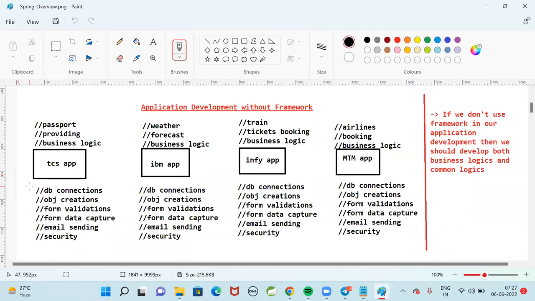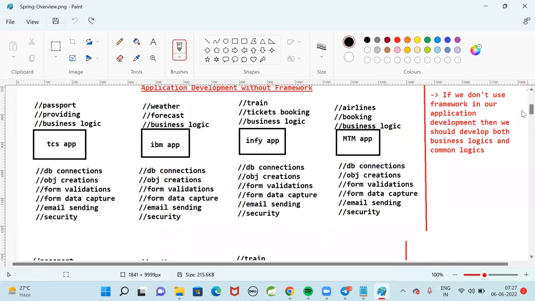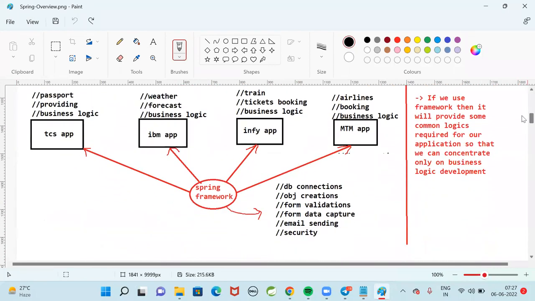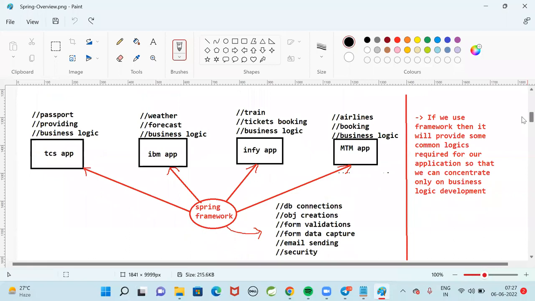So to overcome this repetition of common logics in all the projects, frameworks came into the market. Whatever common logics are required for the projects, those logics will be available in the framework, and you can use that framework in your project.